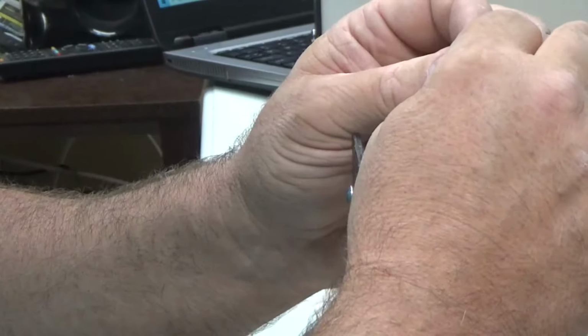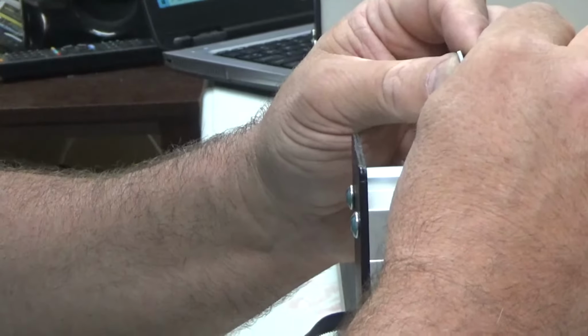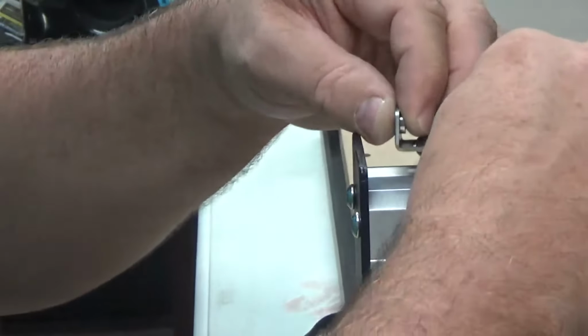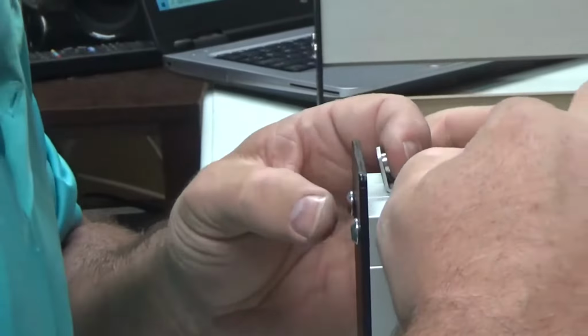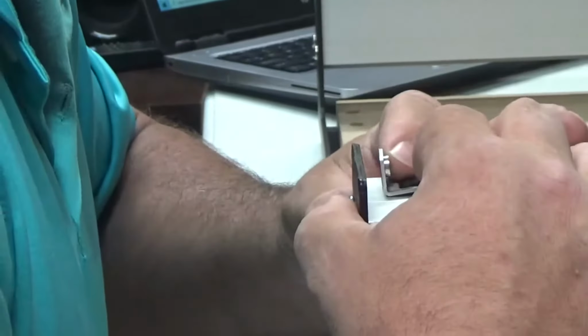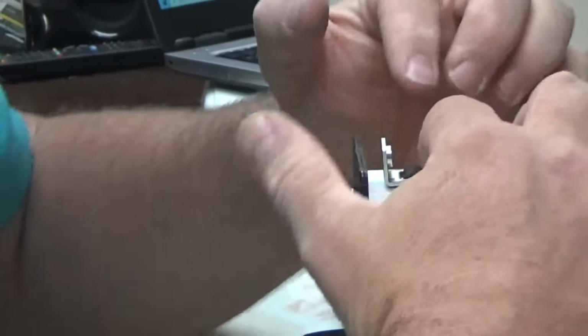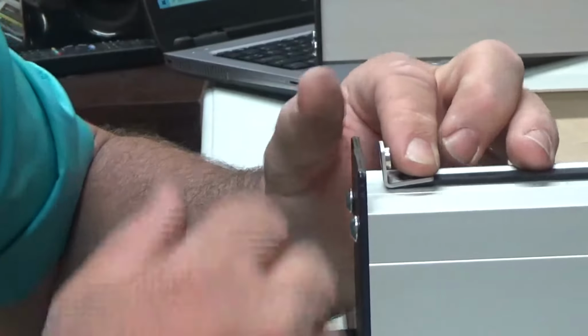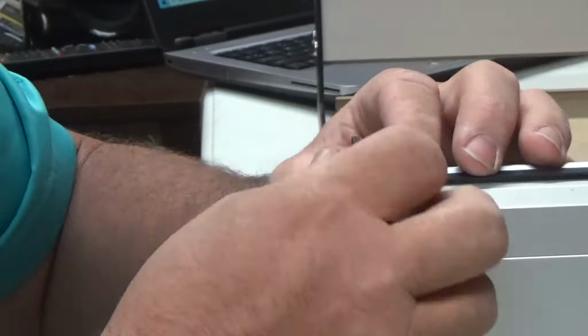So, we're just going to pull a little bit out. Try it again. That looks like it's maybe a little bit more than 1/4 inch, but they also